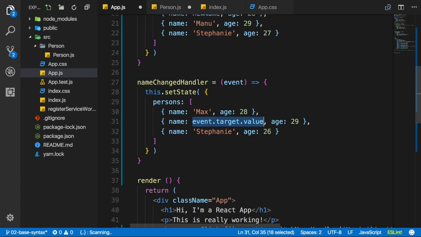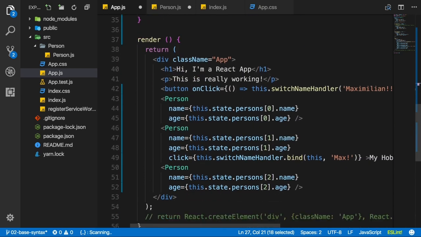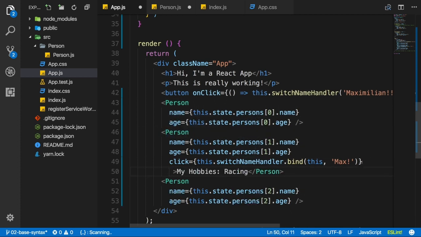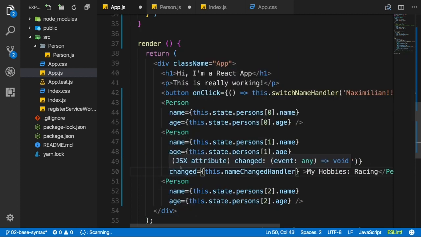So event target value is what I want to assign as a new name for Manu, again for the time being, no matter into which input of which component I typed. Name changed handler is my handler. Now I need to pass this to a component to be able to access it from there. And since I only can change Manu, I will only pass it to the Manu person, though we could pass it to any other, of course. Here I will simply name this changed and pass this name changed handler,